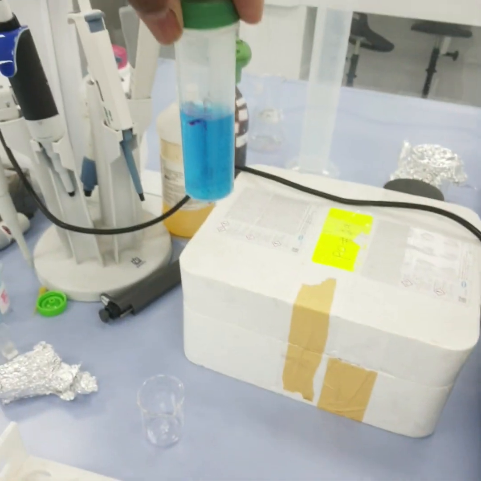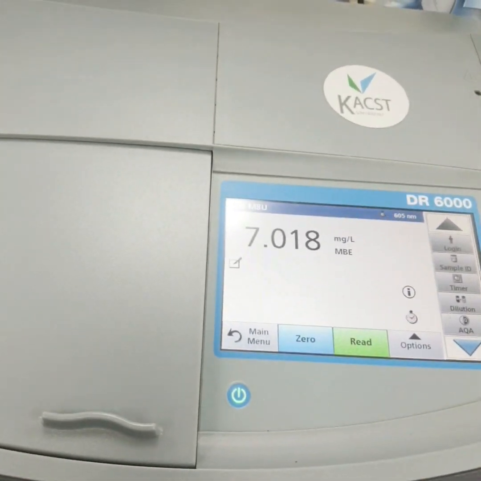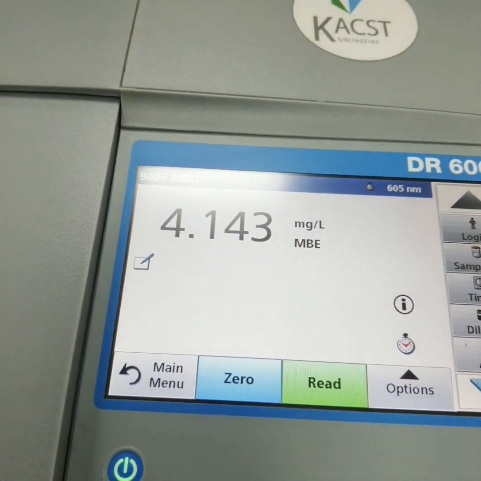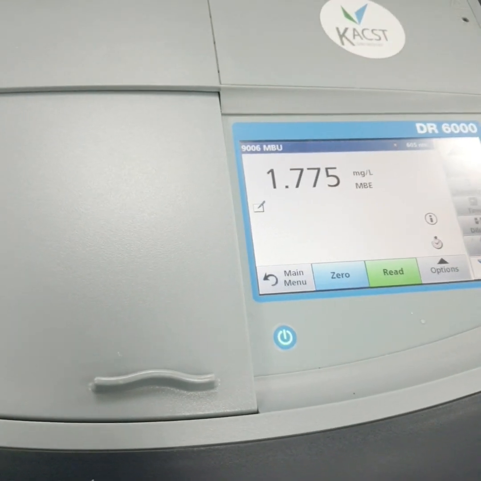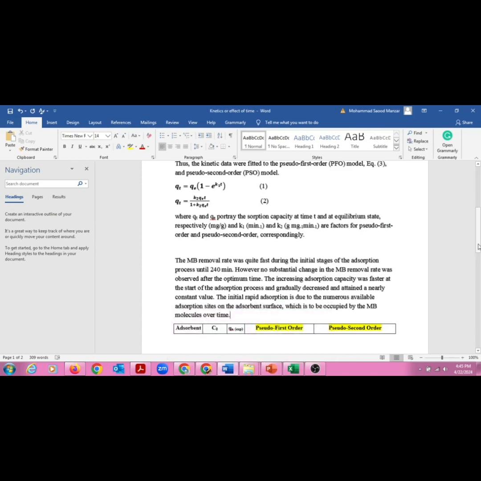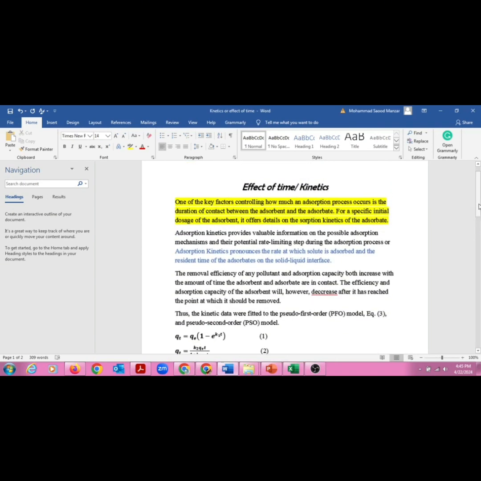After 5 minutes the concentration is around 7.018. At 15 minutes the concentration is 5.953. At the next time point the concentration is 4.1. At 60 it is 1.7. At 80 it is 0.9. So now guys, we will plot the kinetics data. Before that